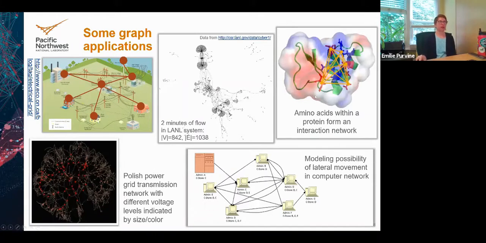So a third example is in protein interactions. A protein is composed of a bunch of amino acids, and those amino acids can interact with each other, and that's what causes protein folding. So if you can model the interactions and the strengths of the interactions, you might be able to figure out what the structure of the protein is in a minimum energy configuration. They like to fold into those states that are minimal in terms of energy. And so by modeling the network or the system in that way, you might be able to discover that situation.